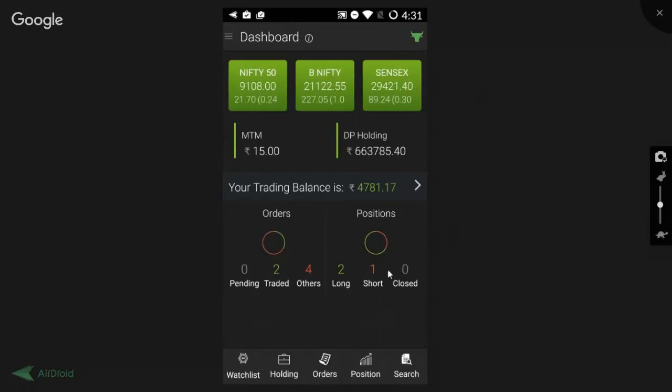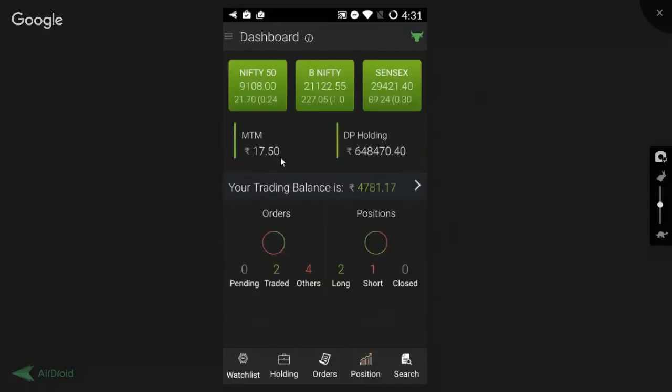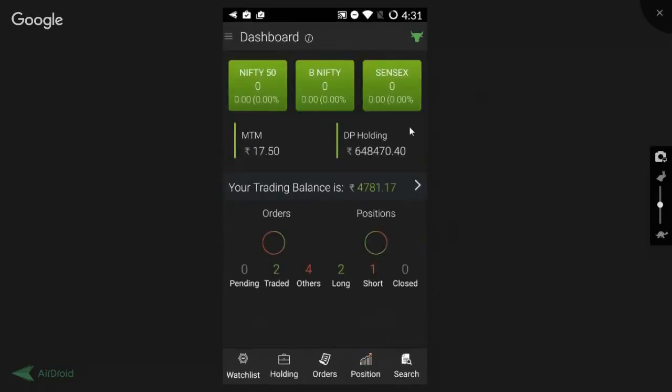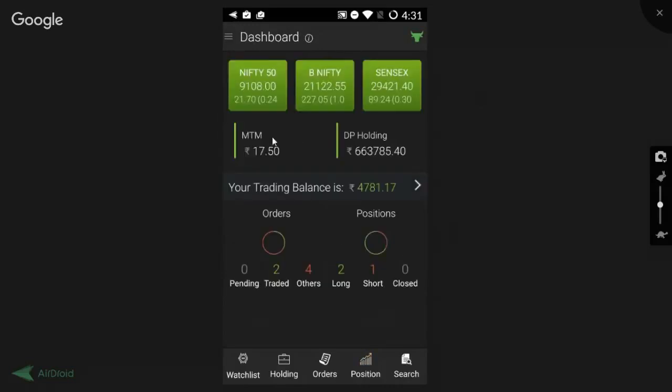So this is the overview of it, and when we click on it, it gives us the detail information, that is the script wise information. So this is nothing but the net position, the same thing that we had viewed in MTM. As you all can see, we get back to the dashboard, we click on MTM, this is the net position given. Similarly, when we click on positions, we get to the net position. So this is nothing but the same concept that we had in MTM. It is just to have an overview of how many positions of them have been long, how many of them have been short sold, and how many of them have been squared off.